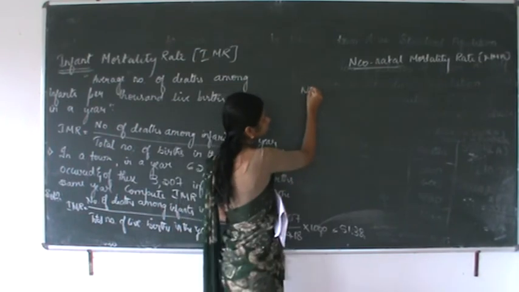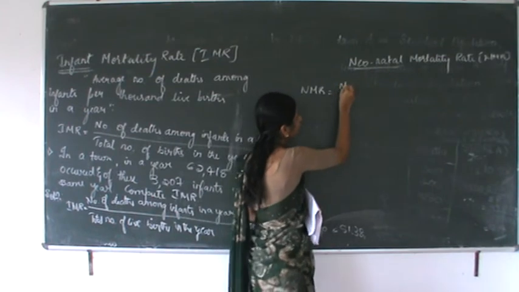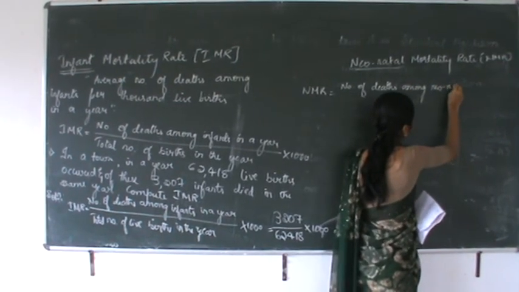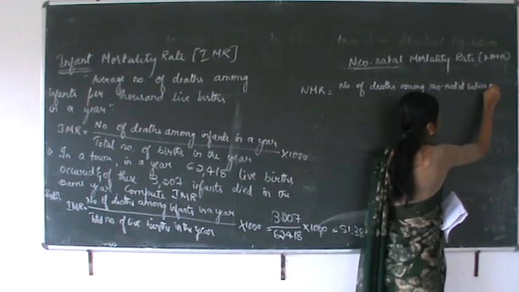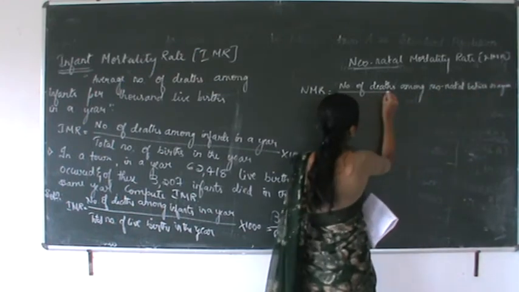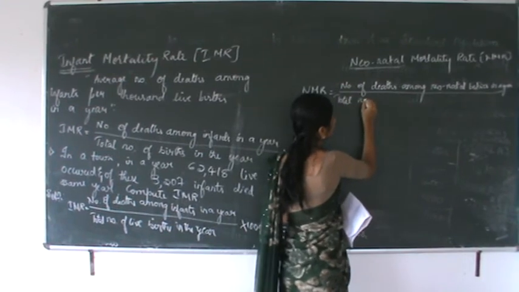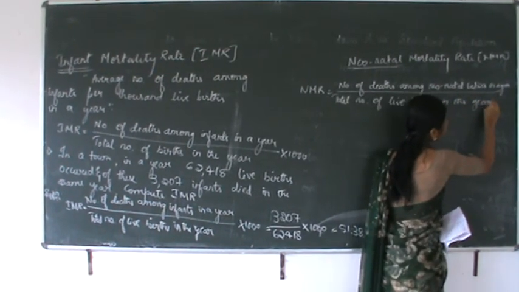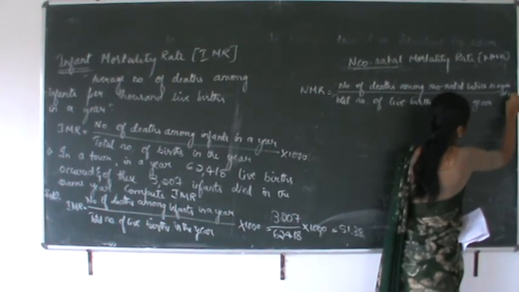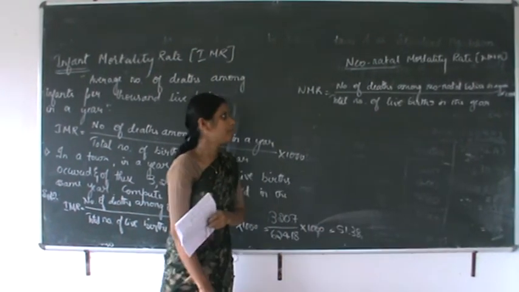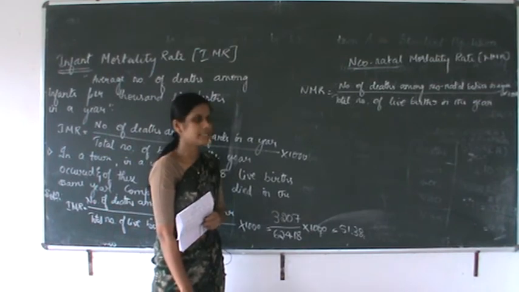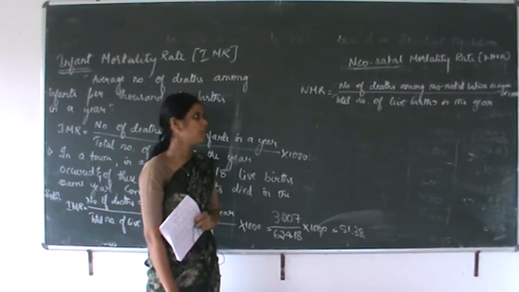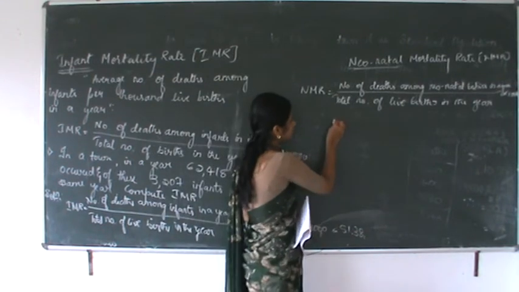So the formula is, neonatal mortality rate is equal to number of deaths among neonatal babies in a year divided by total number of live births in the year into 1000. So here we are going to consider only neonatal babies. Those who have died before reaching 28 days, they are considered among total live births. So number of deaths among neonatal babies in a year divided by total number of live births in the same year into 1000. And the last measure of mortality is maternal